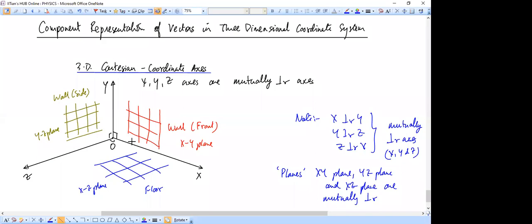So you can see that this edge and this corner edge are perpendicular to each other, so they are mutually perpendicular xy axes. Then the other edge which is formed by the wall on your left hand side and the floor, that edge is your z axis. Again, that edge and this vertical edge are perpendicular to each other. Yeah, Tej, we will come to that later. That is determined by the right hand palm rule. Right now it is just enough for you to know that they are mutually perpendicular.